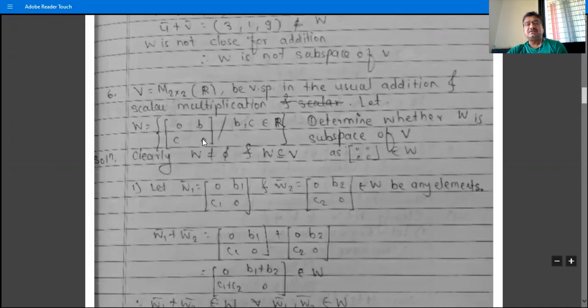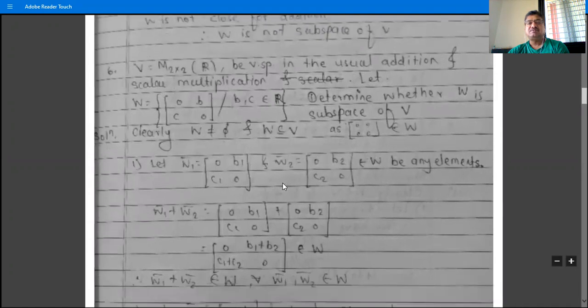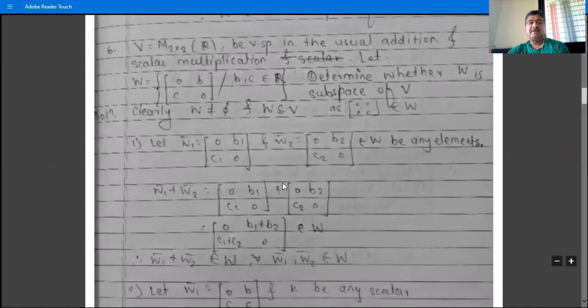W is a set of 2×2 matrices, so this sentence is directly right. We directly write this sentence: W is not equal to the empty set, W is non-empty, and W is a subset of that vector space V. Otherwise, W is not a subspace of that vector space. Now we have to verify whether the remaining two conditions are satisfied by W or not. For the first condition, we take any two elements from W. Suppose W1 is equal to [0, B1; C1, 0], and